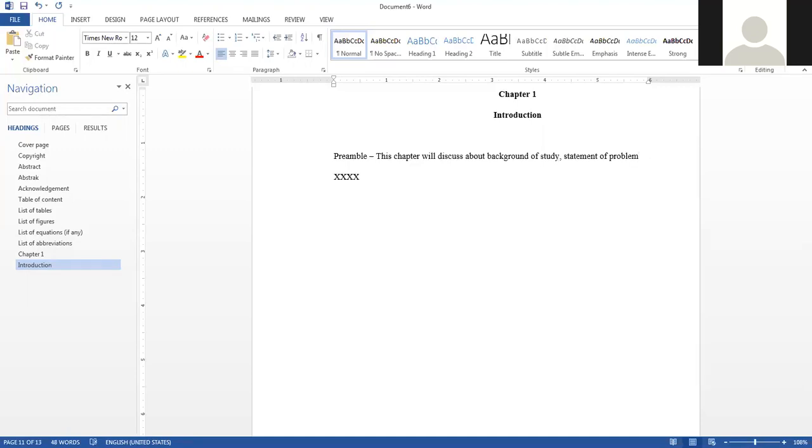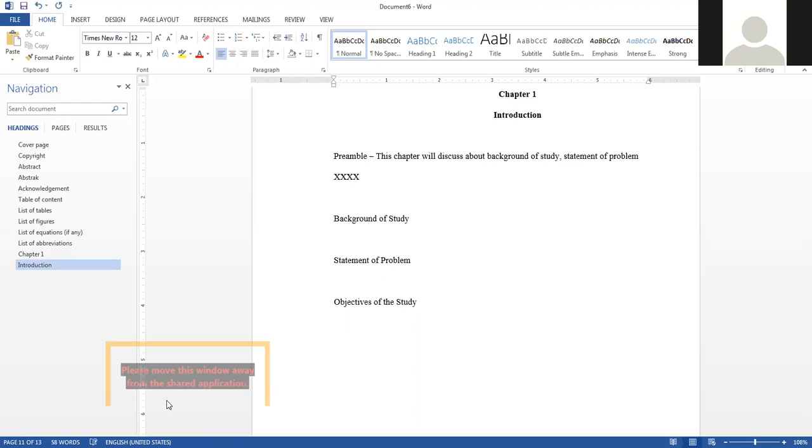So the first subtopic inside chapter 1 will be background of study, then followed by statement of problem, followed by objective of the study.